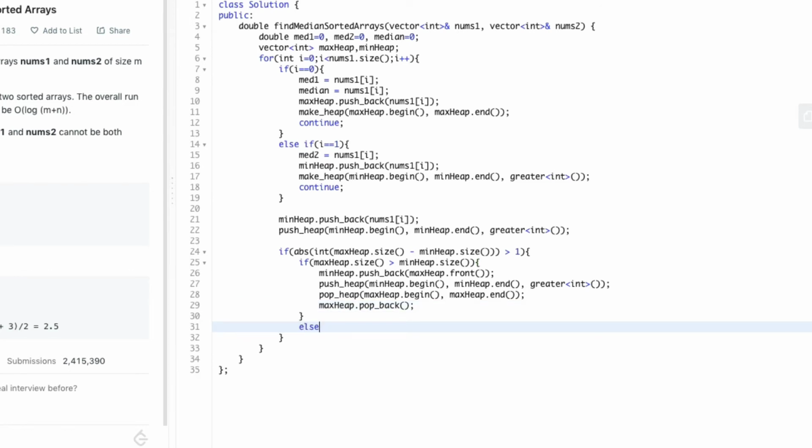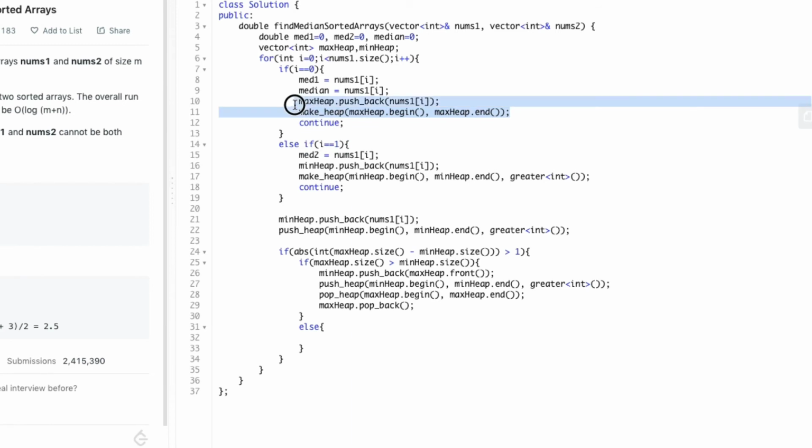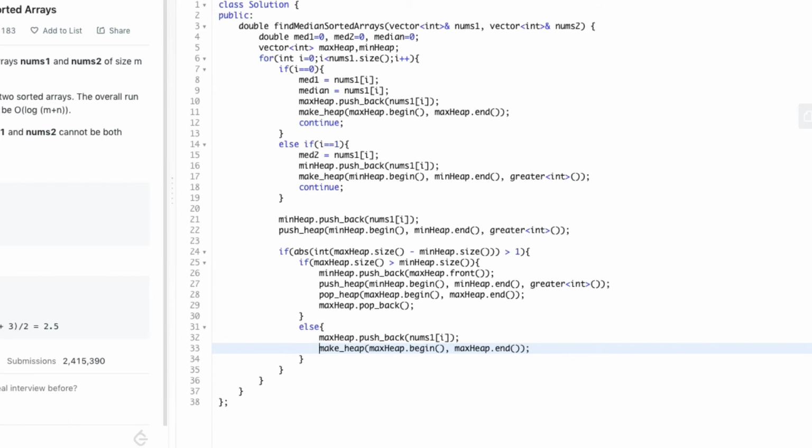In case the size of max heap is not greater than the size of min heap, then we enter an else condition where we push the element min heap dot front into the max heap. And then we call the function make heap.